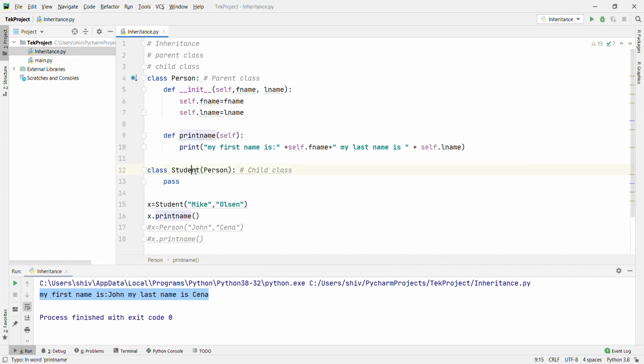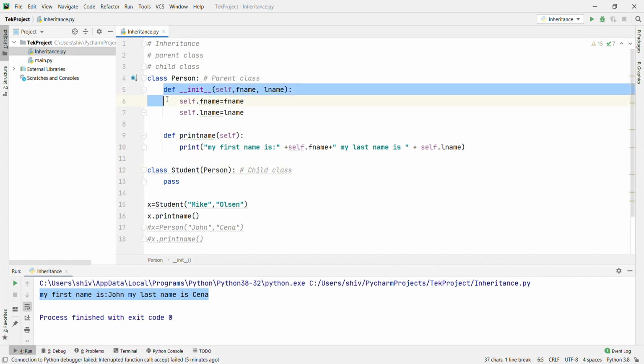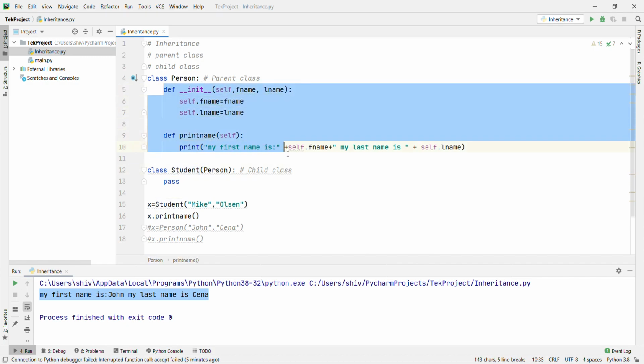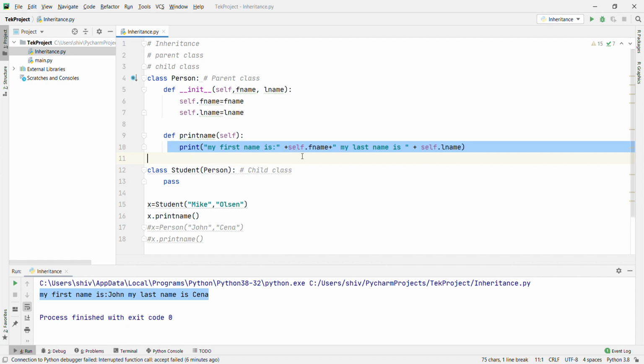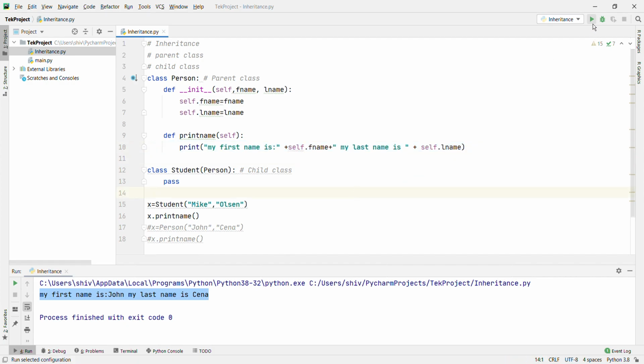What will happen? All the methods of the Person parent class are the same in the child class also. That's why we are able to create an object of Student, pass the two parameters, first name and last name, and use print_name to print my first name is Mike and my last name is Olson. Let's run it. My first name is Mike and my last name is Olson.